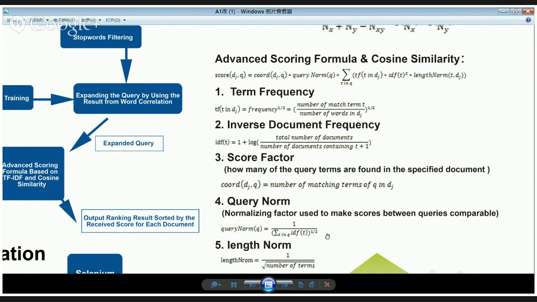Query norm Q is another proposed element, which is the normalizing factor used to make scores between queries comparable. This factor will not affect the ranking and scoring of a single particular query, but will result in comparable scoring results among several different queries. For example, the scoring response would be different for the following two queries. The first query is Nike football, and the second query is Nike football Macy. If only the two terms Nike and football can be matched in the document sets, the last element called length norm